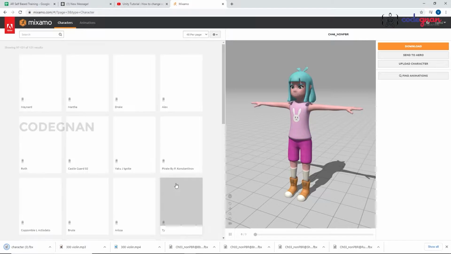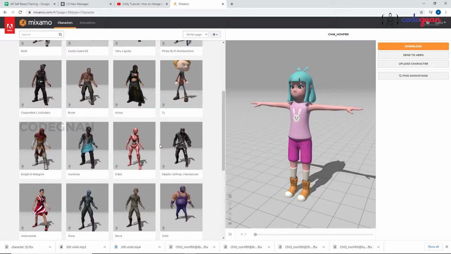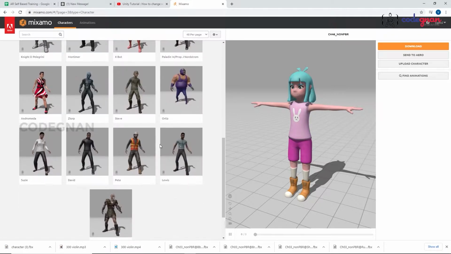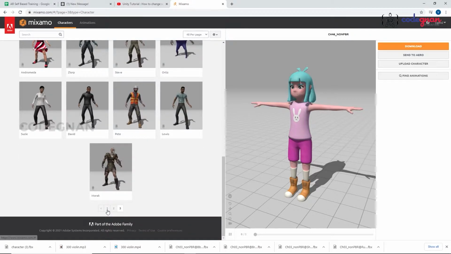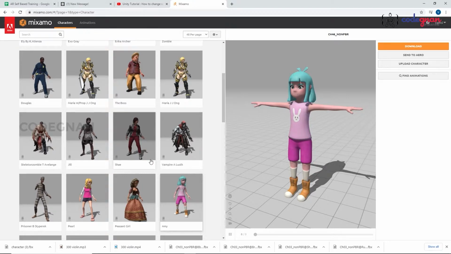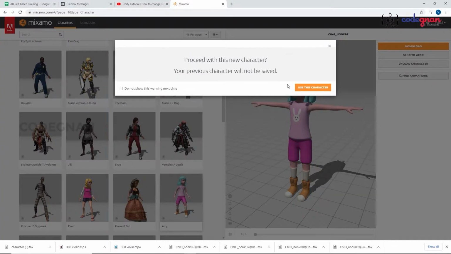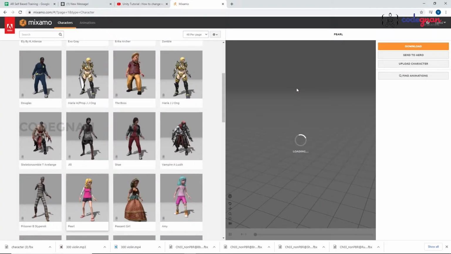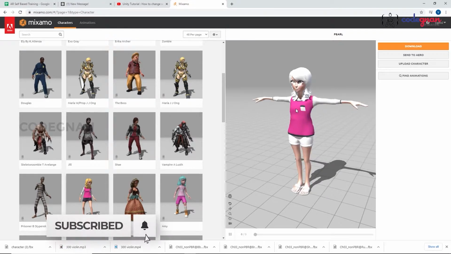Let's check some other characters here. Let's see this. I think this was not good.